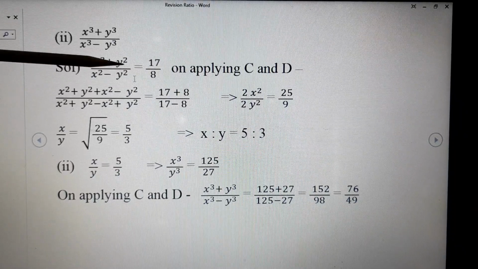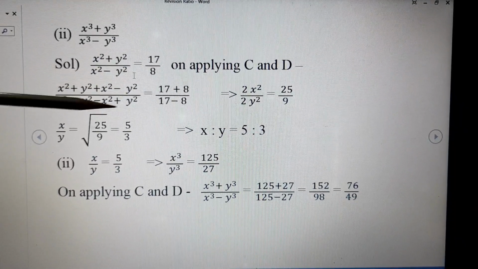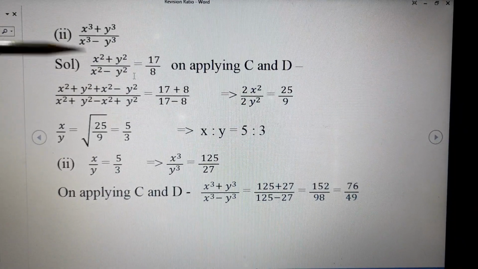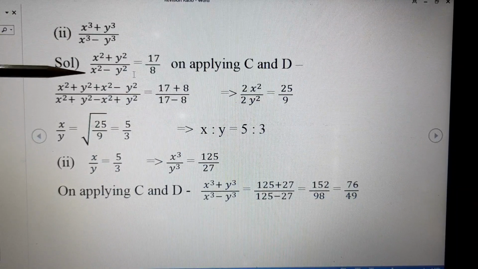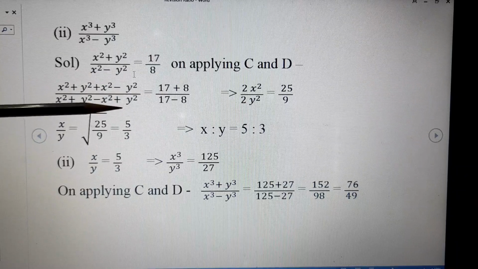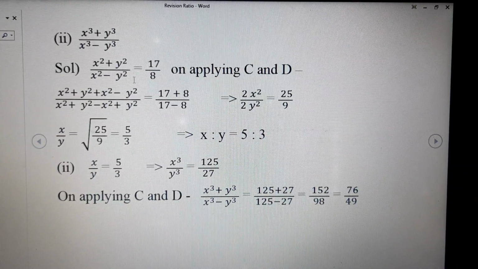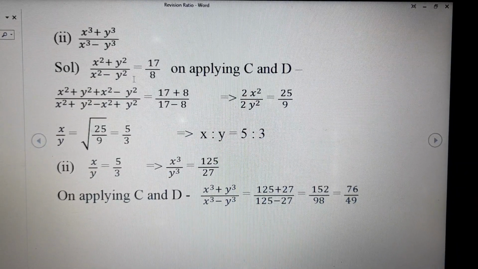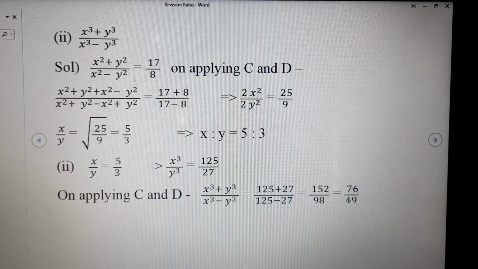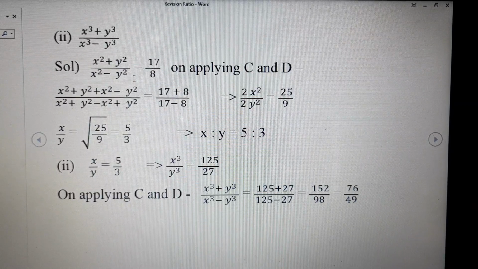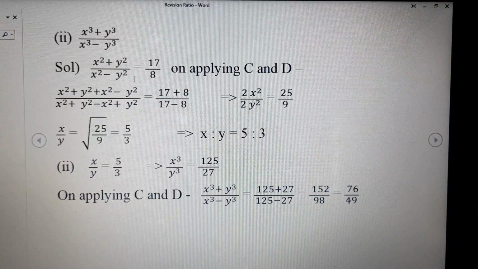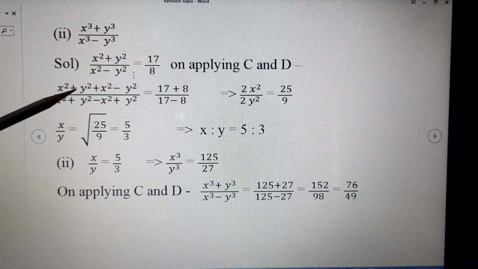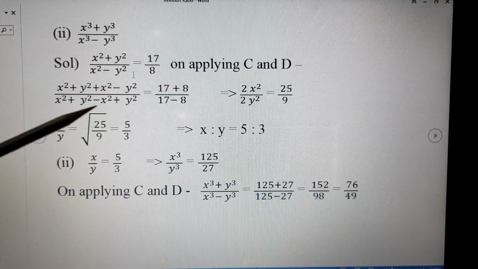So it is x square plus y square plus x square minus y square divided by x square plus y square minus x square, and because of the minus sign, plus y square. And the other side, 17 plus 8 divided by 17 minus 8. Numerator plus denominator divided by numerator minus denominator. So we'll get this side y square and y square will be cancelled, opposite signs, plus